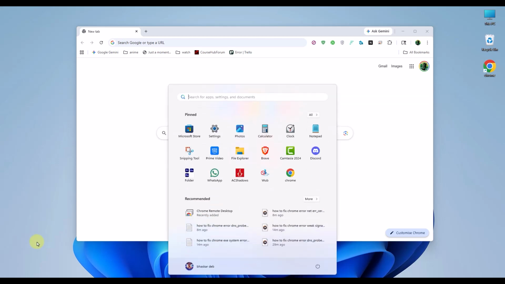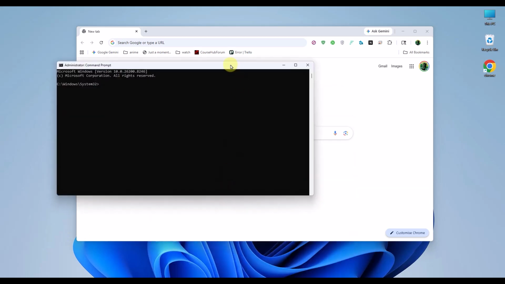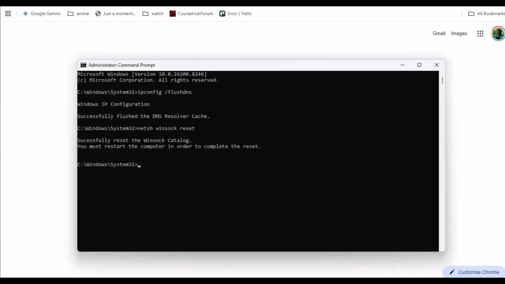Click your Windows Start menu, type CMD, right-click the command prompt, and run it as an administrator. Inside the terminal, type ipconfig /flushdns and press Enter. Once cleared, type netsh winsock reset and hit Enter again to completely rebuild your network adapter's